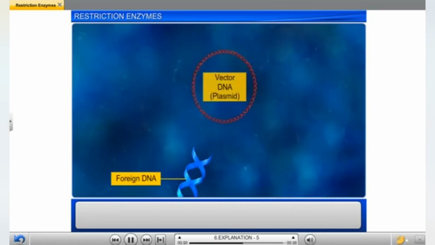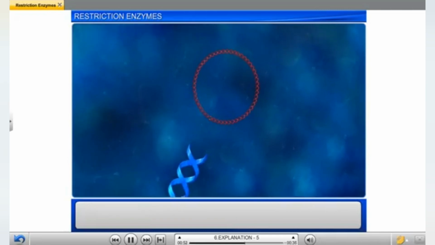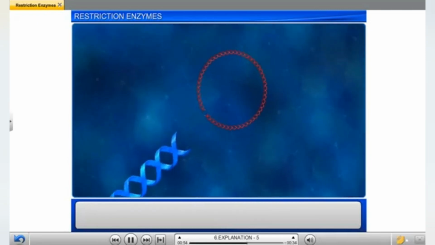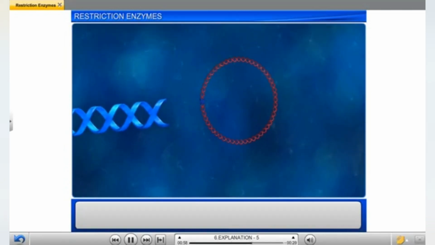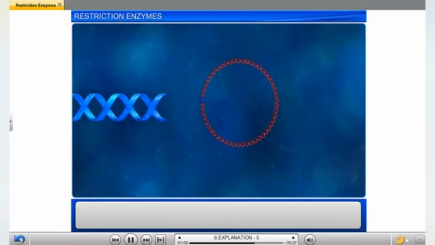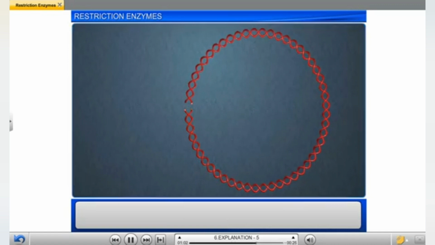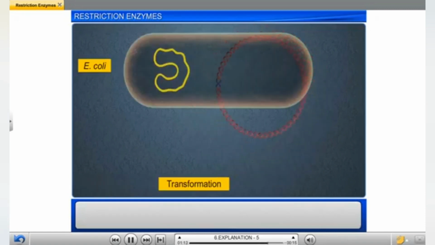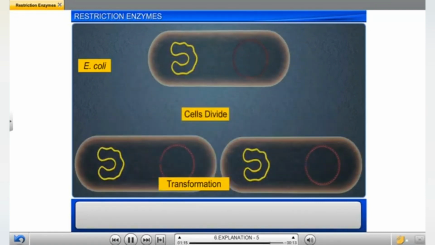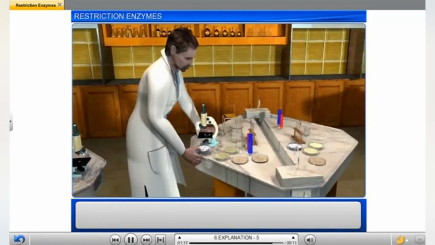Thus, restriction endonucleases play a crucial role in the construction of recombinant DNA molecules which have DNA from different sources. When the same restriction enzyme cuts different DNA molecules, all of them are left with similar sticky ends, which can be linked using DNA ligase. Therefore, restriction enzymes are